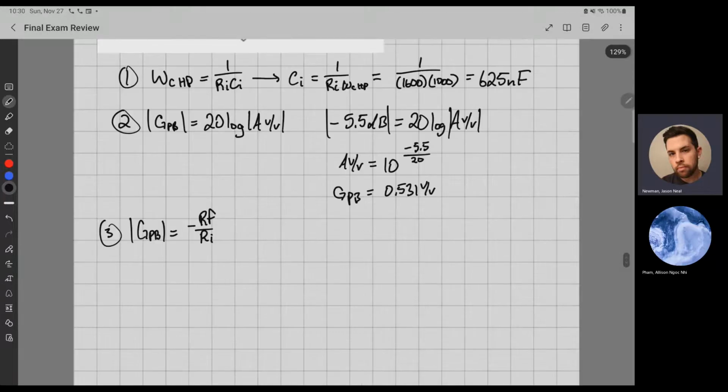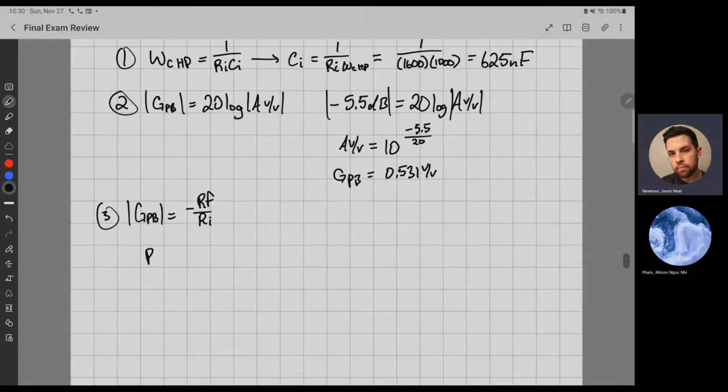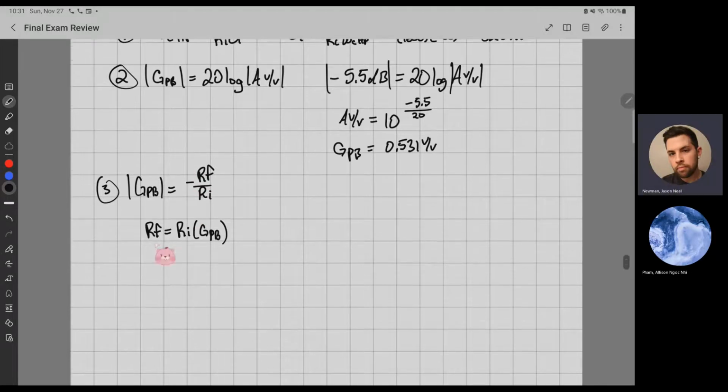So RF would be equal to RI times gain in the passband. RI was 1600, and the gain we just found is 0.531 volts per volt, and then RF